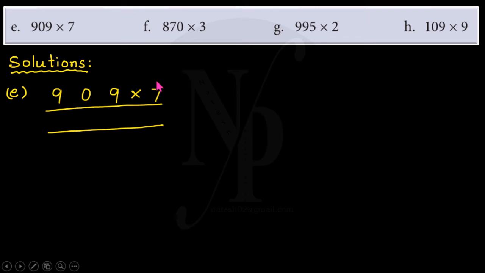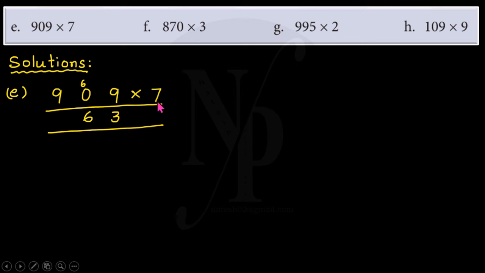So now let us multiply the digit at the ones place here by 7. That is 7 nines are 63. So what we do, 63 is regrouped as 6 tens and 3 ones. So we write 6 here in the tens column and we write 3 in the ones column here. So we know that when you multiply 0 by 7 you get 0 as product, and 0 plus 6 is 6. So you write 6 in the tens place here.